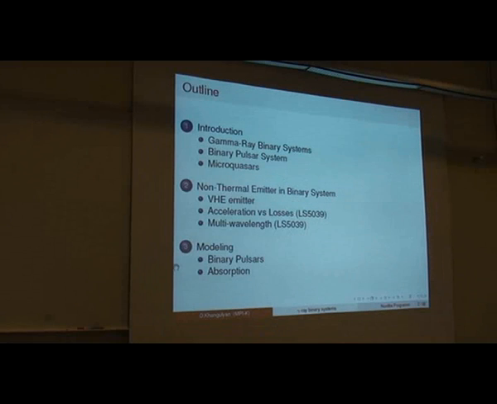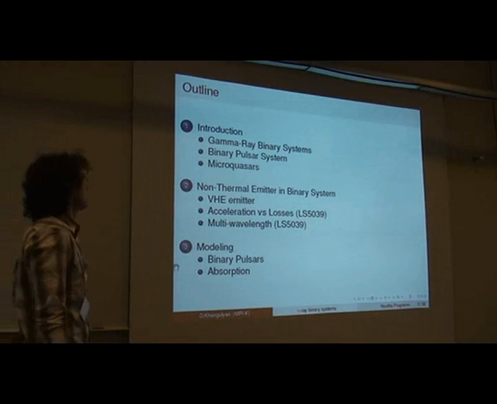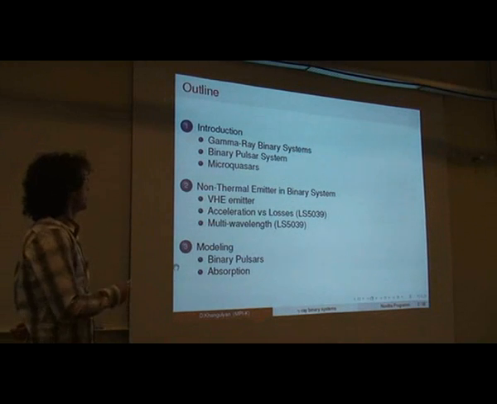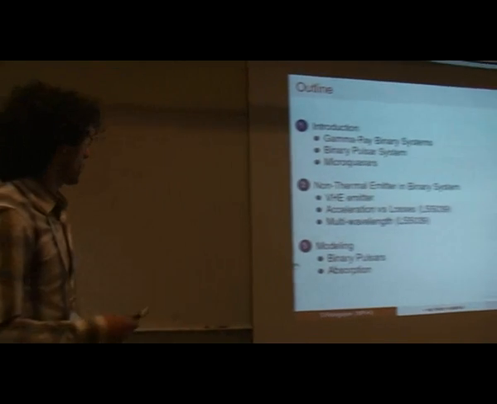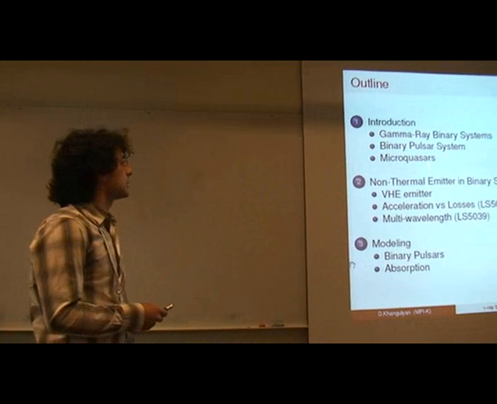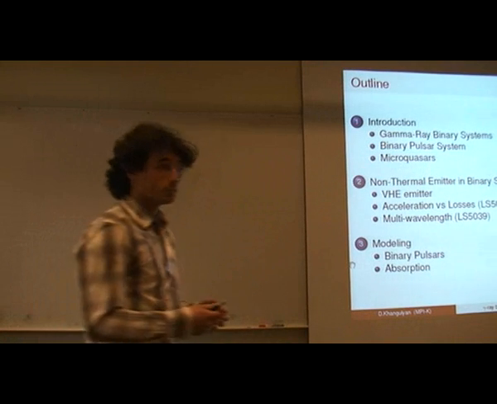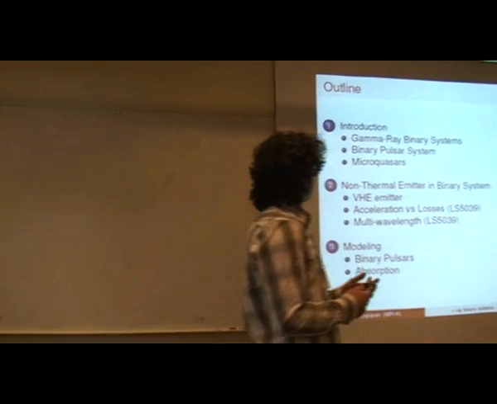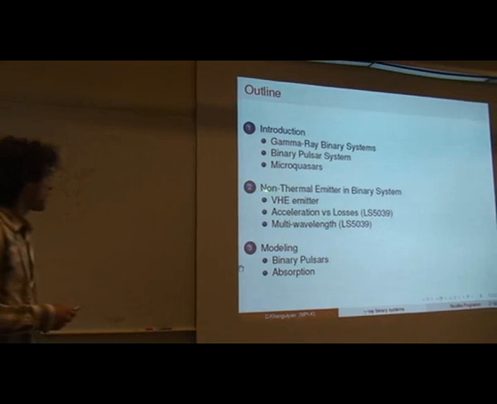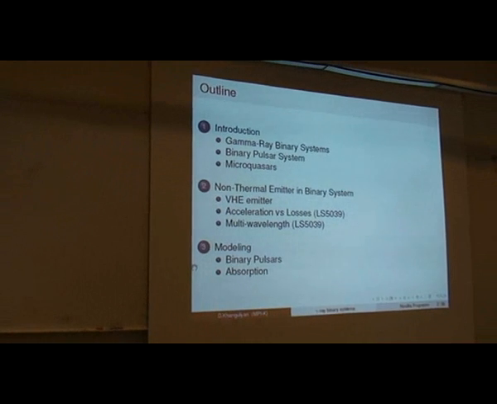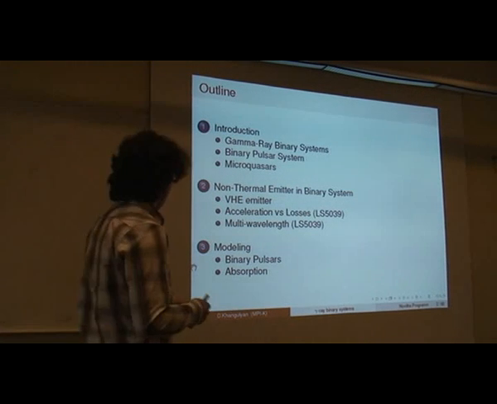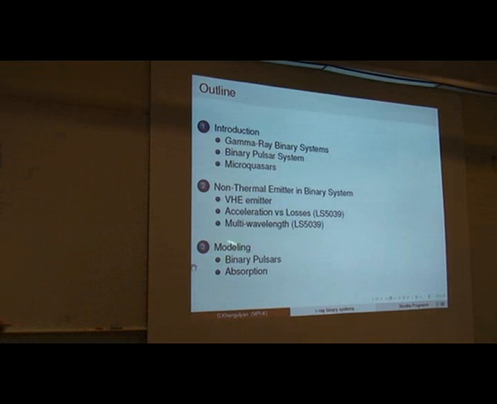Here you may see a short outline of my presentation. I will start with a discussion of what gamma-ray binary systems are, and I will discuss two main scenarios for these sources. After that, I will discuss the non-thermal emission production in binary systems from a phenomenological point of view, and at the end I will discuss something more